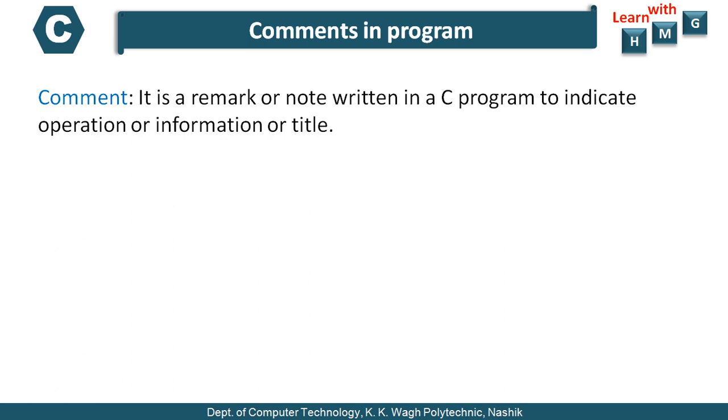Or for a specific line of statement, you can indicate what type of operation it is performing. For example, the syntax is like this: these are the red color symbols you have to use. Initially it is /*, and at the end */, and in between you can type your comment line. Any characters you write will be accepted as simple text, and this comment will be skipped by the compiler. The C compiler will not read your comment if it is included within /* and */. Be careful to use /, not \.